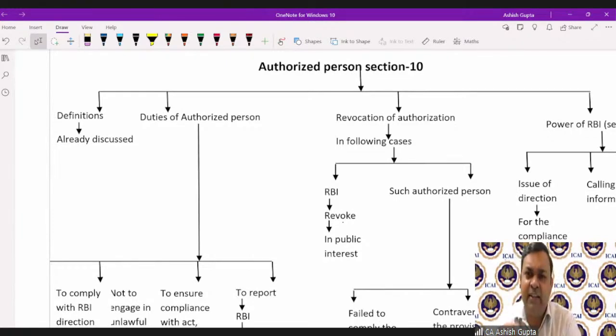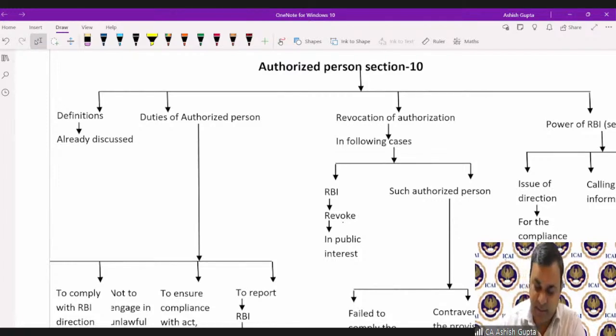You will find these charts on our portal, ICAI portal, where you can download the charts of 16th February also, the 16th February discussion and today's discussion also. And these are already downloaded. That authorized person concept was covered in the 16th Feb notes also, right? Okay, Abhilash. Okay, so we can start.